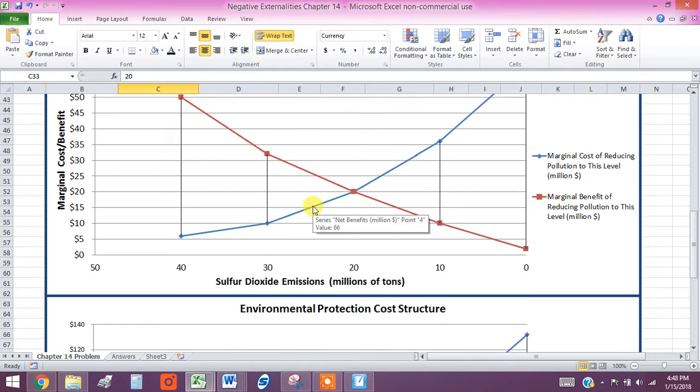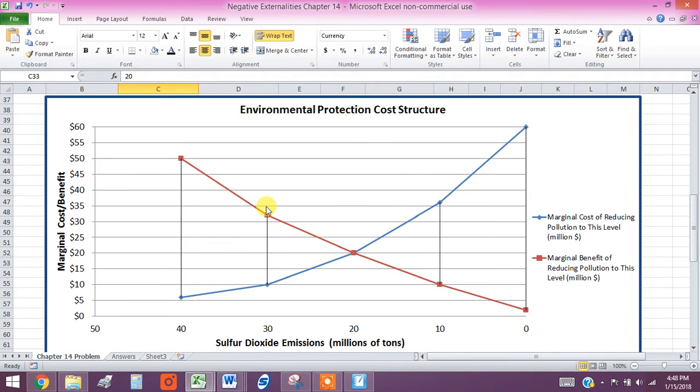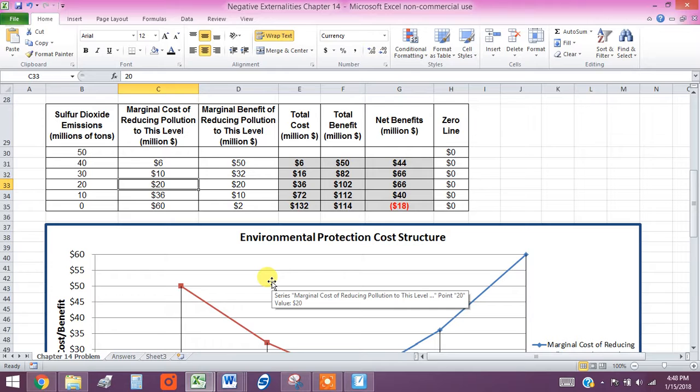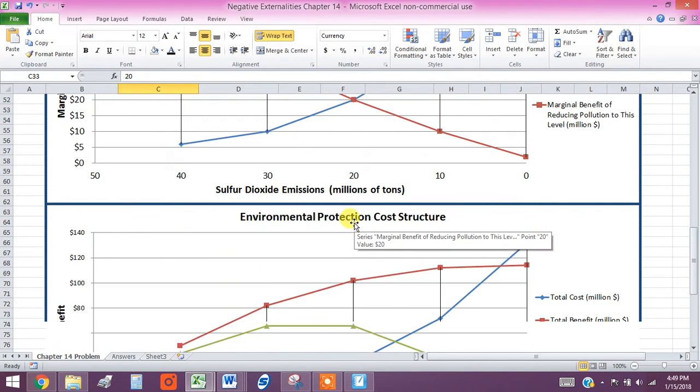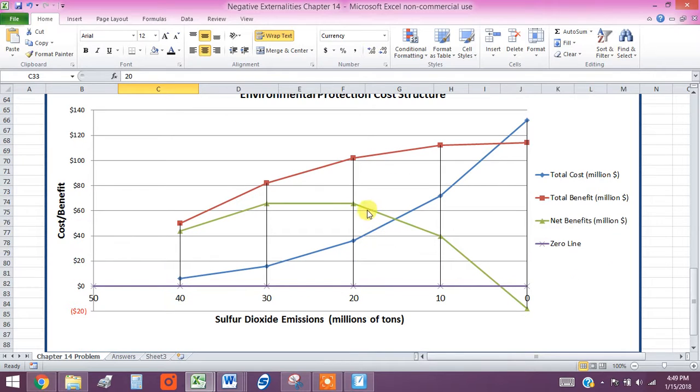But if we look back up here again, we can see at that point the marginal benefit is still way above the marginal cost. And also, if we look at total, total benefit is greater at 20 than at 30. So the best place to stop here is right when marginal cost equals marginal benefit, and net benefit right here